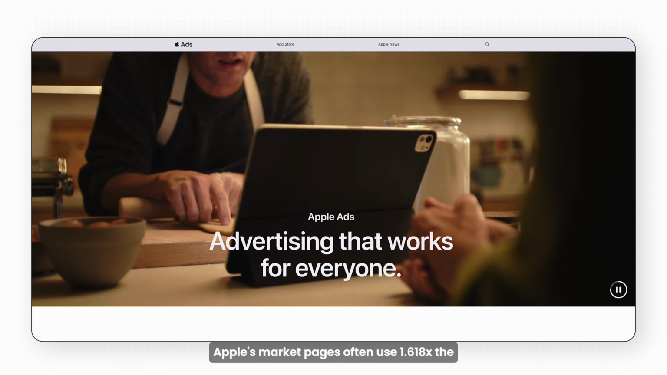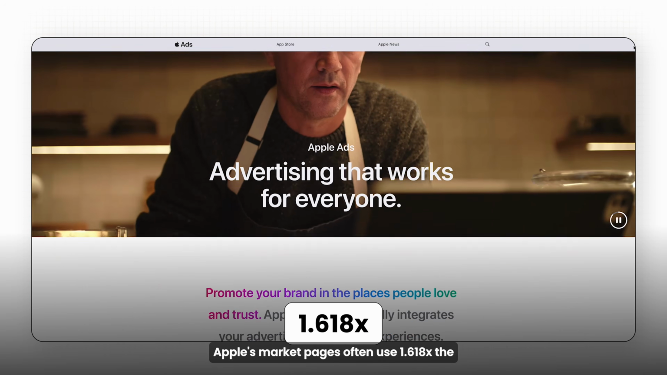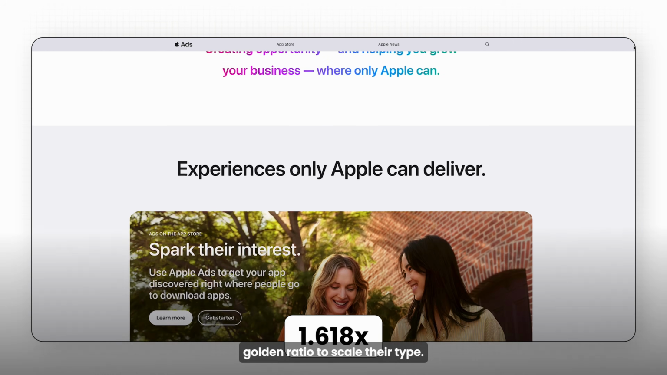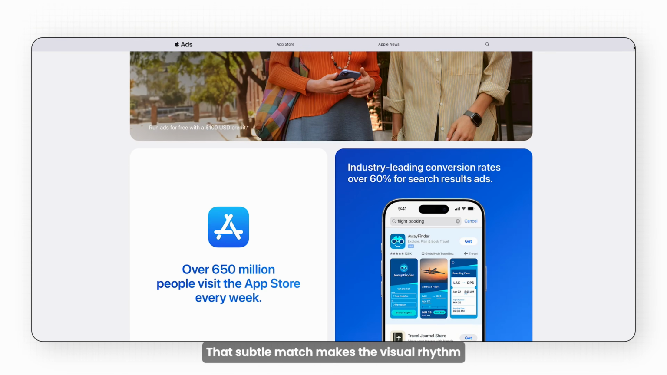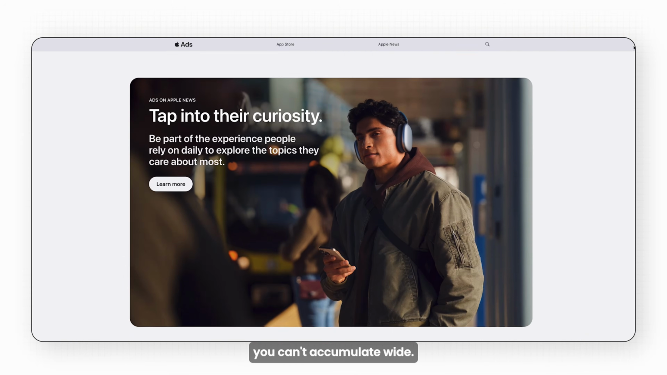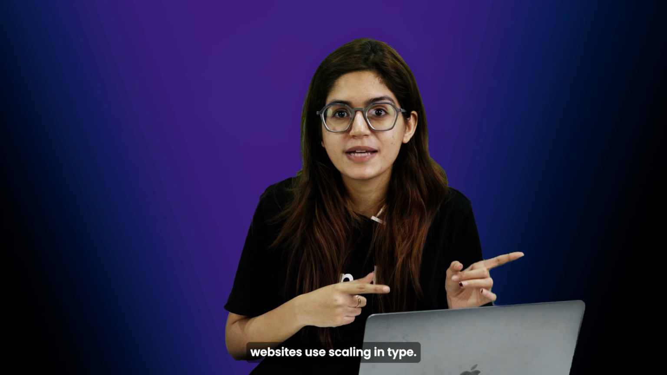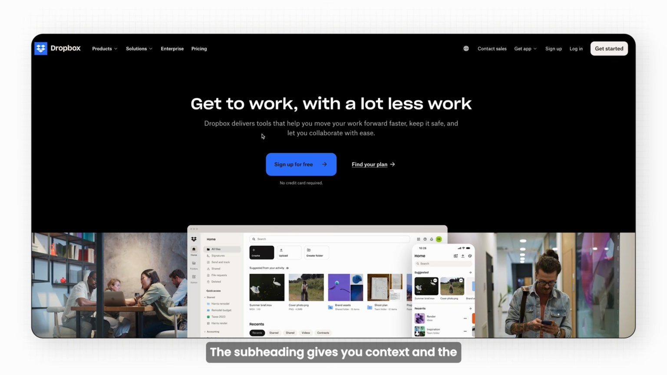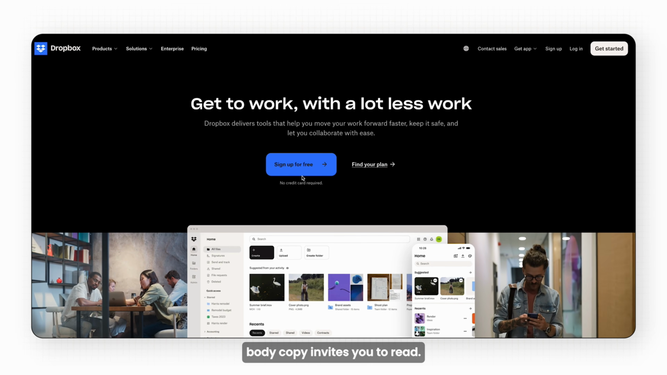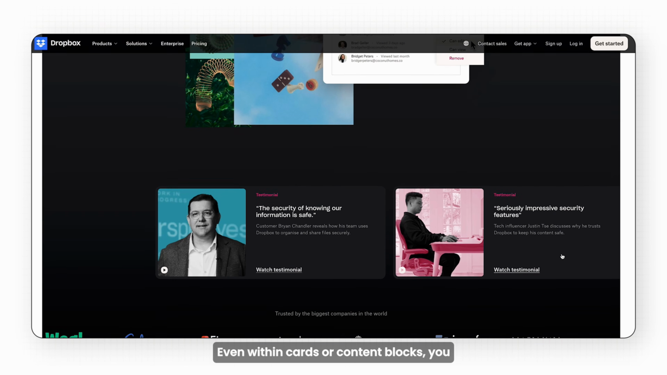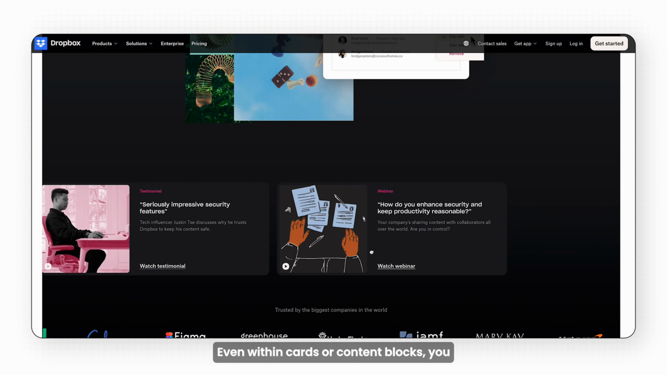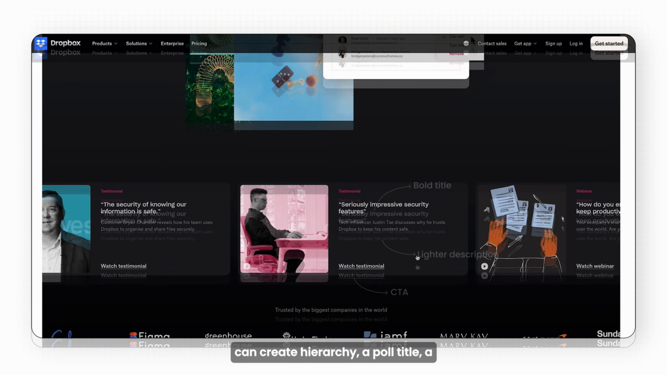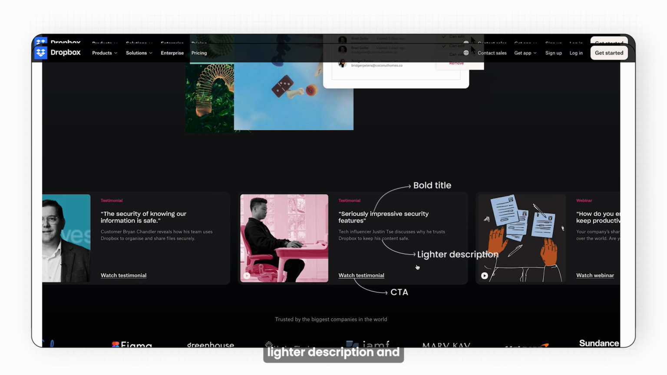Apple's market pages often use 1.618x, the golden ratio, to scale their type. That subtle math makes the visual rhythm feel right even when you can't articulate why. Look at how good websites use scaling in type. The headline grabs your attention, the subheading gives you context, and the body copy invites you to read. Even within cards or content blocks, you can create hierarchy: a bold title, a lighter description, and a smaller link